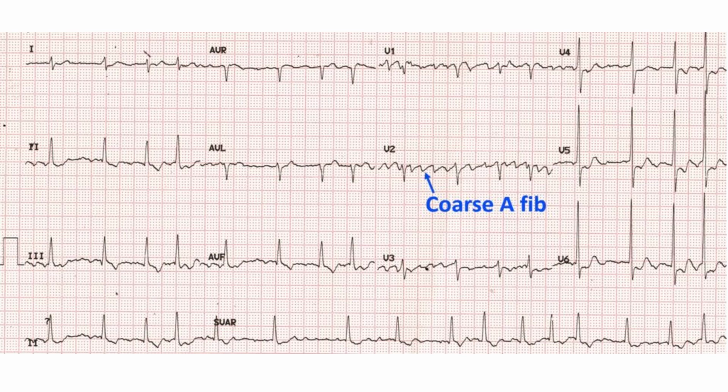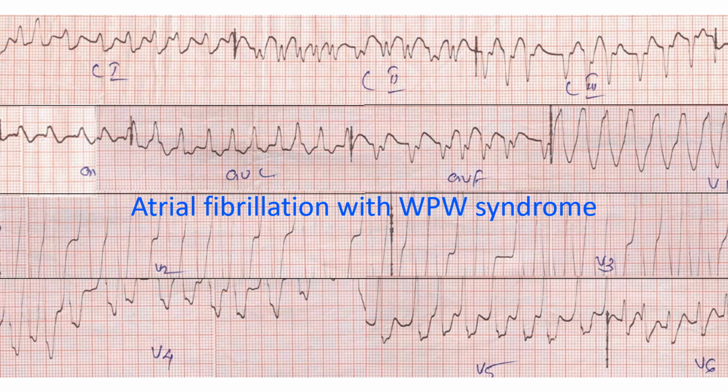Usually, the QRS complex is narrow in atrial fibrillation. If the QRS is wide, it could be due to pre-existing bundle branch block, aberrancy or pre-excitation. In pre-excitation with atrial fibrillation, the ventricular rate may go as high as 300 per minute and degenerate into ventricular fibrillation. This is because accessory pathways may conduct at very high rate as the refractory period decreases with increasing rate,